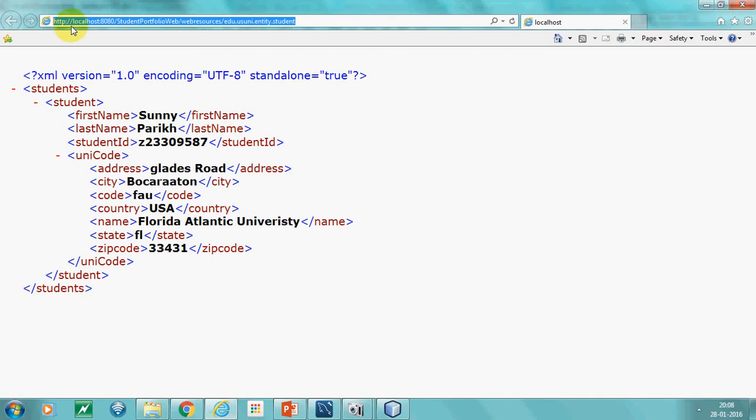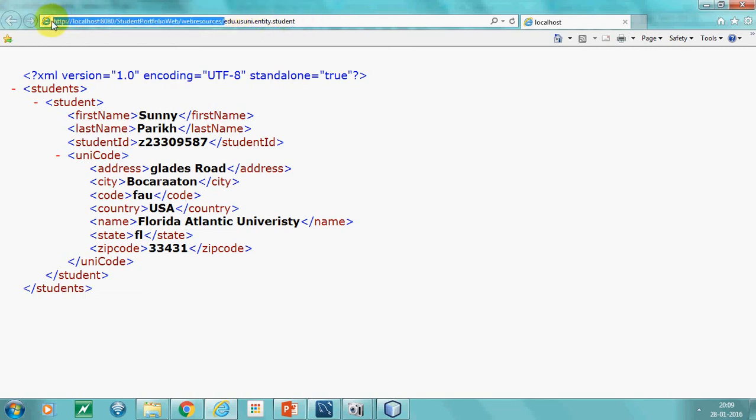Let's dissect this URI. HTTP is the protocol. By default, it's our HTTP GET request. localhost colon 80 is my server's location. Student portfolio web is my context path, because on this web server I can have a number of applications running or deployed. So which application we are related to, the context path is mentioned here, student portfolio web slash web resources.